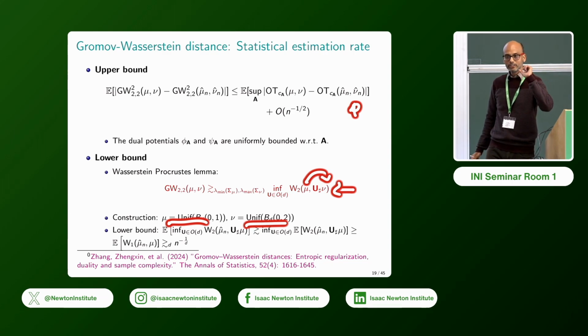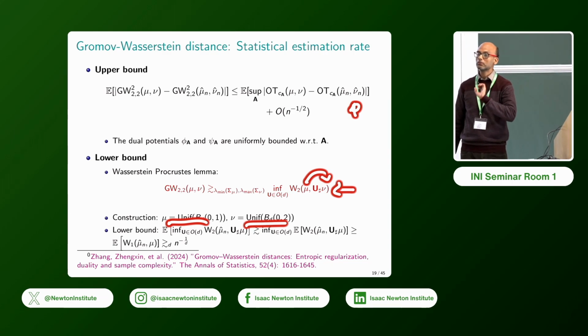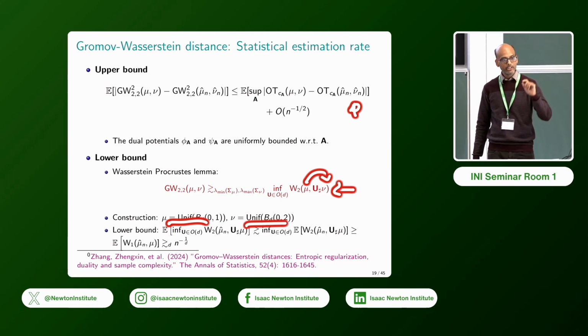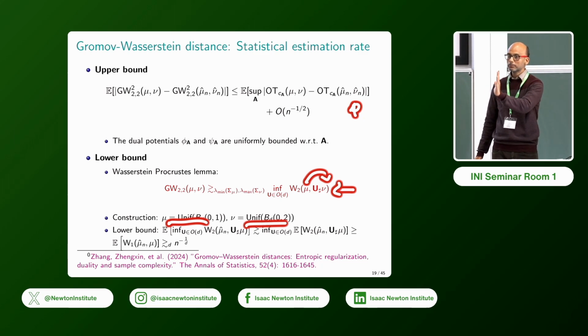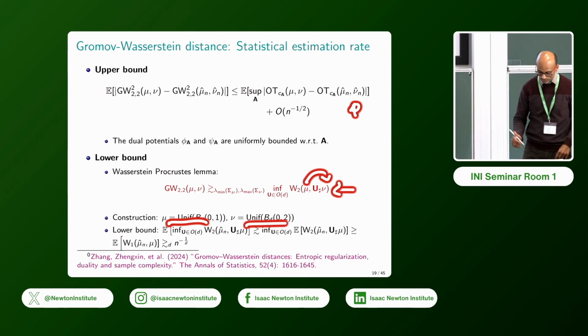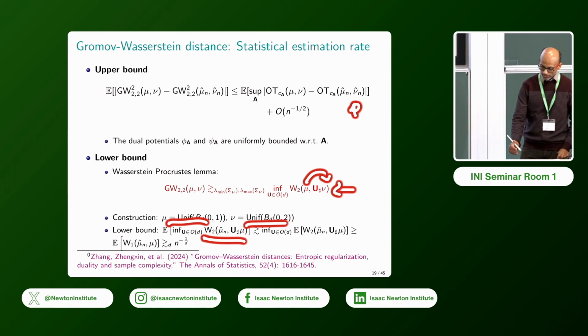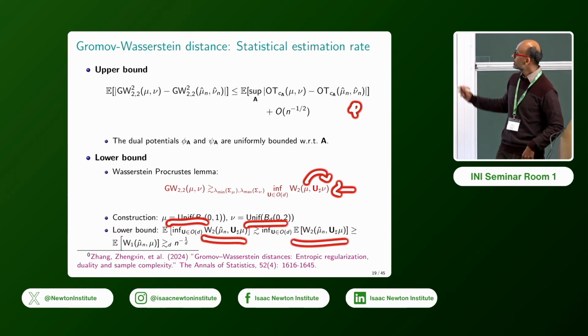estimating the distance between two sets of samples. You can reduce this problem to estimating the distance between one set of samples and its population measure. Okay, so that is this question, which is further lower bounded by this one, and then using